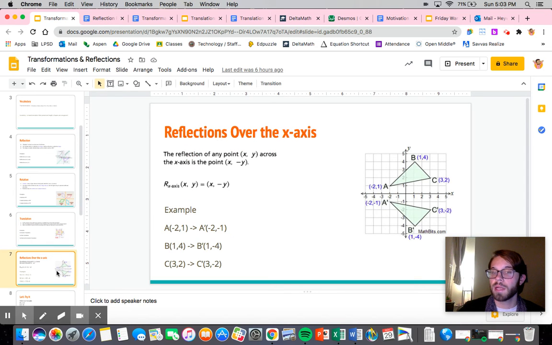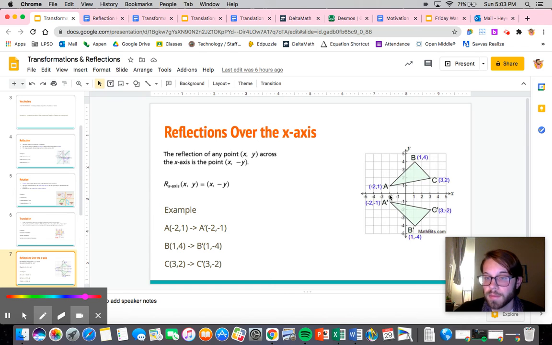All right, so let's look at this reflection. So that's really what we're focusing on today. And as I said, we're going to focus on 3 different lines of reflection: the x-axis, the y-axis, and the line y equals x. So whenever you are dealing with a reflection across the x-axis, as you can see here,